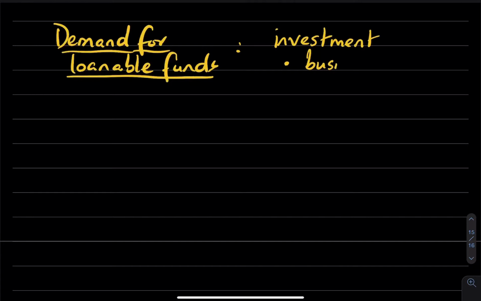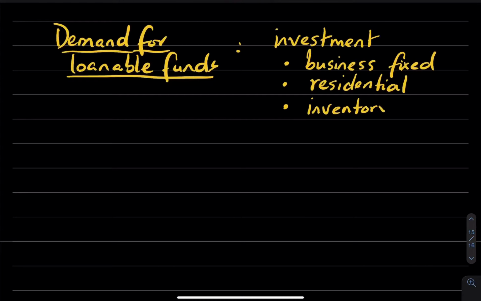either you want to expand your business and you want to borrow a little bit of money. So this could be business fixed investment. You want to buy equipment or tools or machinery for your business. All of that would fall under business fixed investment. Or you want to buy a home, so that would be residential investment. And then there is some investment that is just from unsold goods and services, really inventory. So these are the three types of investment that we're talking about when we think about who is demanding loans. It could be to expand your business, it could be to buy a home, etc.